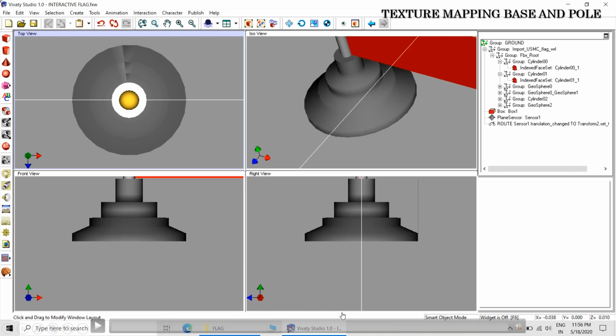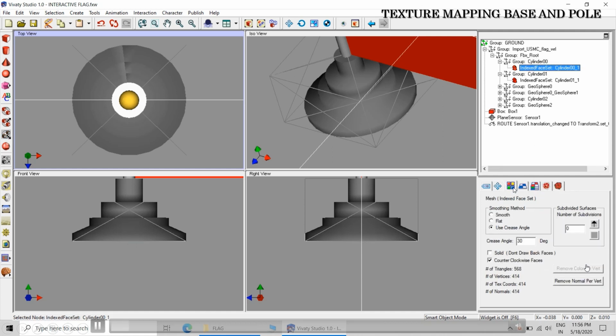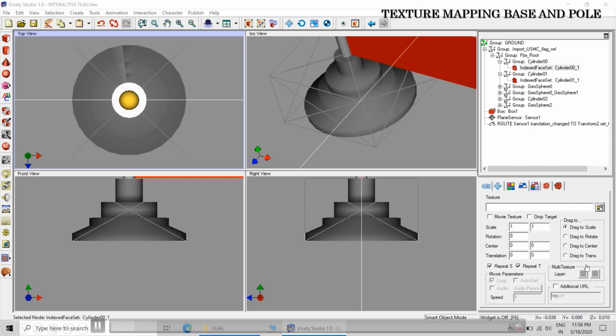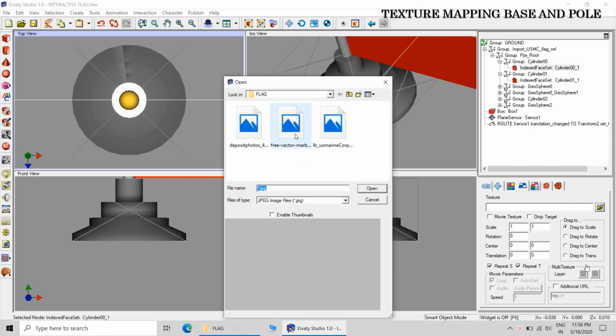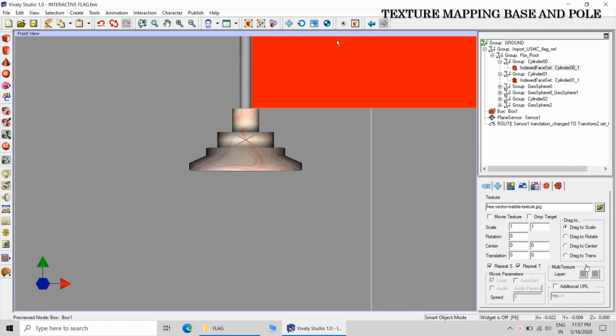Now in this particular step, what I am doing is that I want to apply some texture to the base. So I have actually downloaded one marble texture. A pink color marble texture is there that can be applied to this particular concrete base.